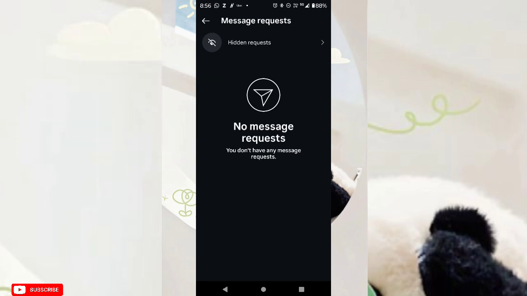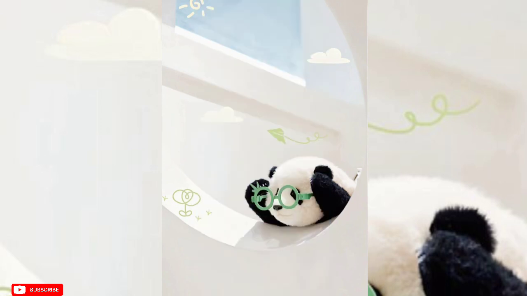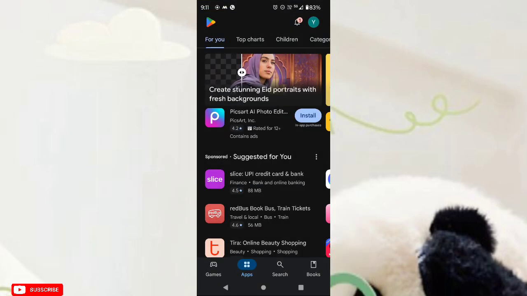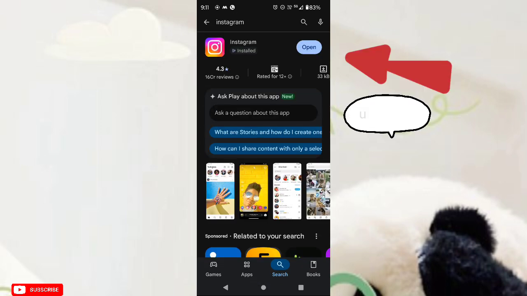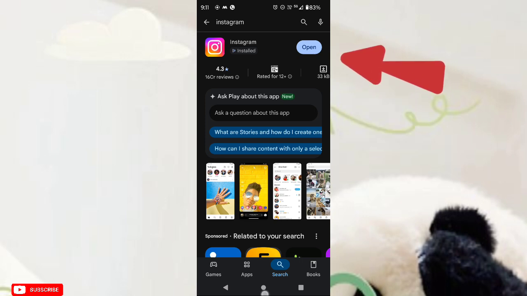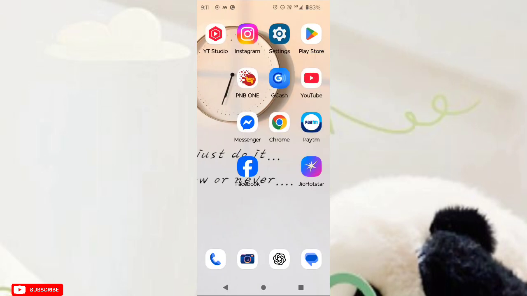So, firstly, update the Instagram app. For this, open the Play Store. Now, at the bottom, tap on the search icon and search for Instagram. Now, update it if not. After this, go back to the home page and check. And if you still face the problem,